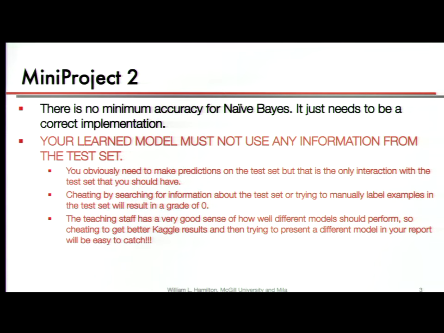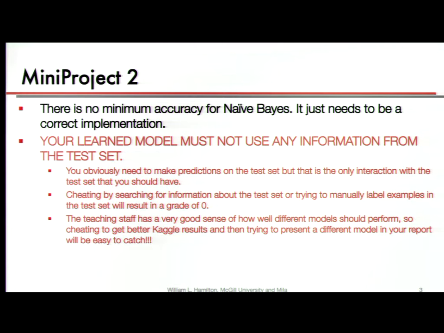And this is important because it's not really a minor point. If in a machine learning paper you were trying to get published, or something you were trying to do in a company to justify running a model in production, you were using information about the test set, that would really invalidate your results. In the academic setting, that would be viewed as in some sense cheating. In the industry setting, that would be viewed as not having a valid model, because if your model is going to run in production, it's obviously going to be making predictions on things it hasn't seen before. So using information about the test set to help build your model is definitely not okay.